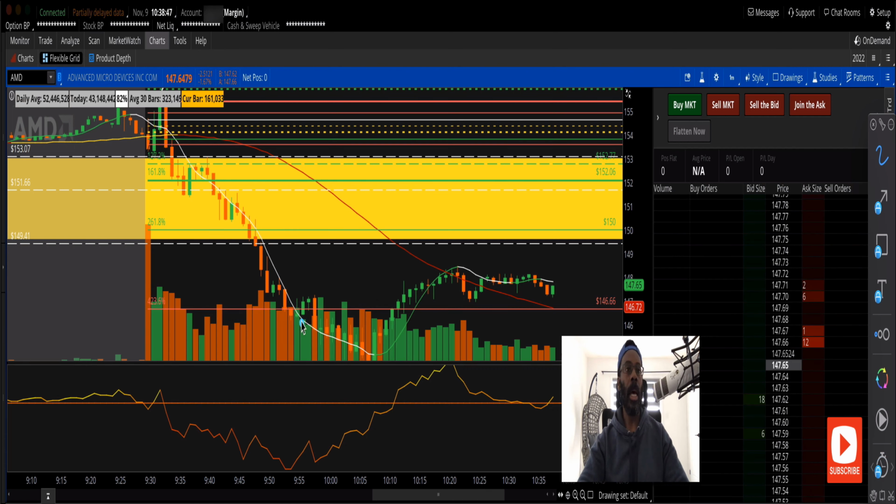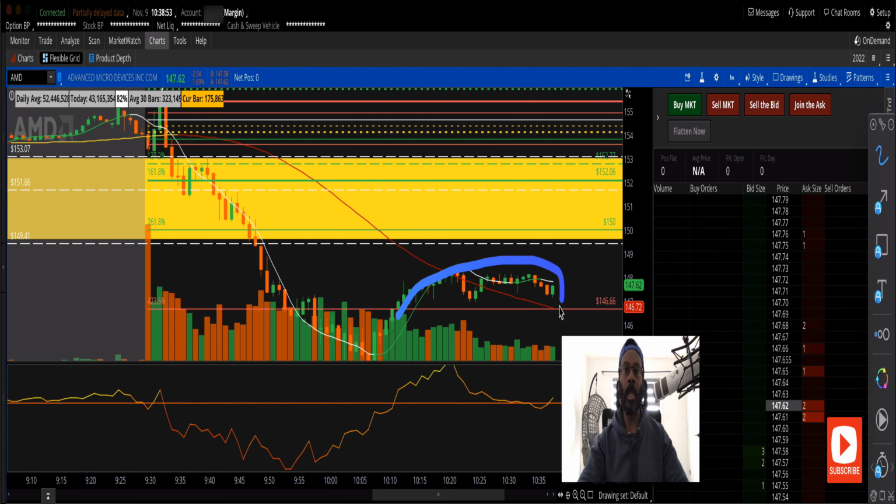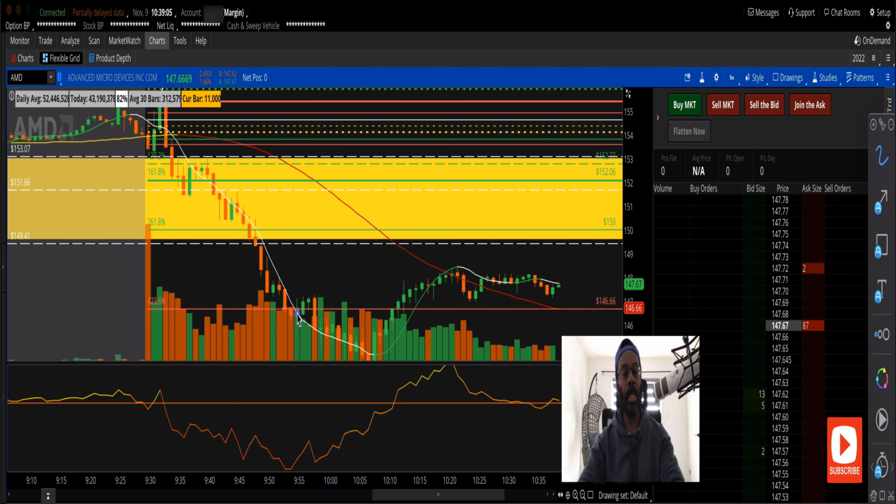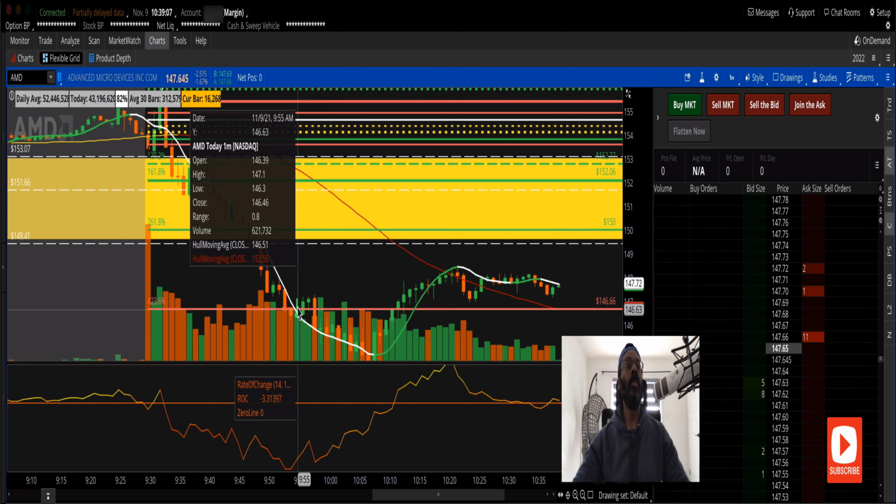And this was, I could have stayed in for this one right here, way more profit, but then again, I would have been up in here losing some money. So I got in and got out right here in this perfect timing on this candle, right under the 20 as well. As you can see it right there, time to get out.